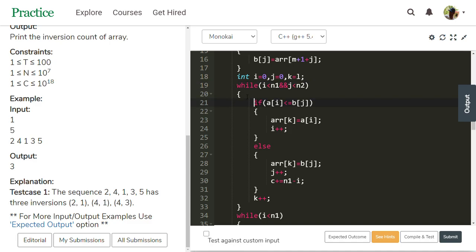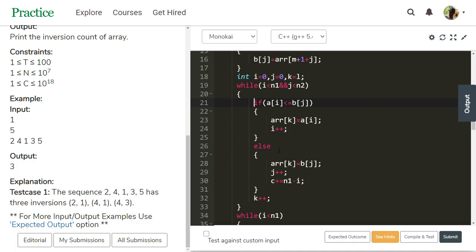Then this while loop is entered and checks the condition: is a of 0, which is 2, less than or equal to b of 0, which is 1? 2 is less than or equal to 1?